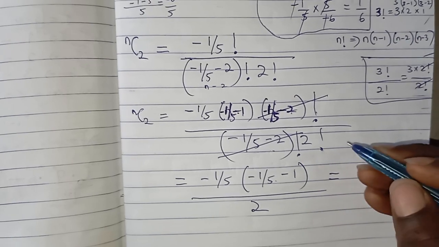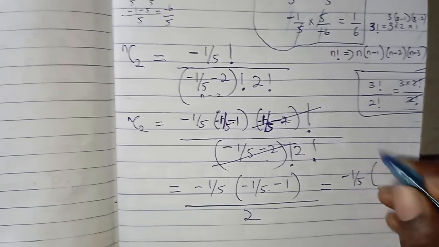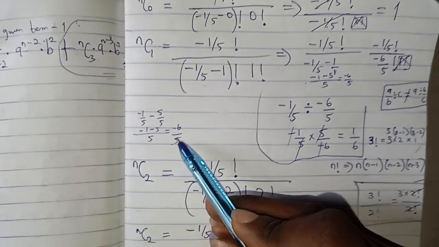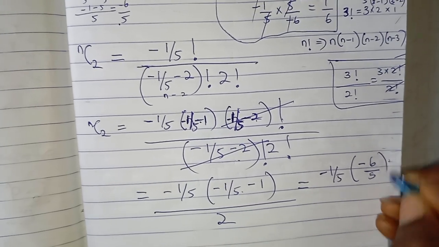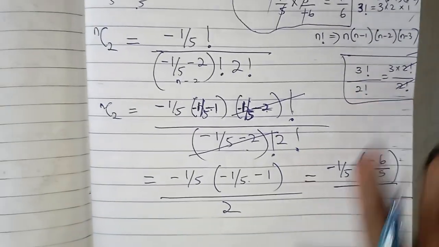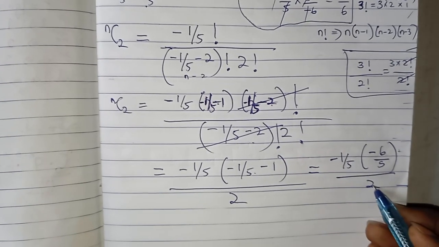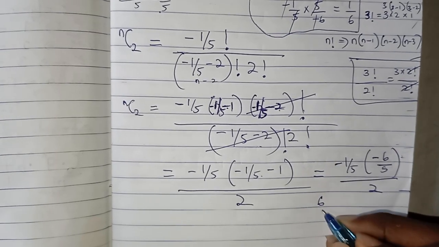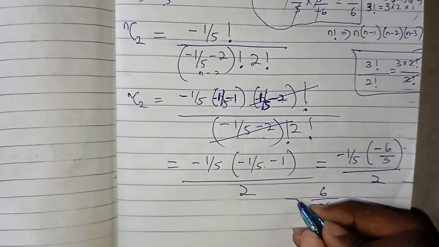And this gave us minus 1 over 5 into, when we did it here, it gave us minus 6 over 5. So this gave us minus 6 over 5 all over 2. So if I know this, I can see that this is a fraction up here being divided by a number. So this is going to be minus times minus becomes plus. So it's going to be 5 times 5 over 25. So 6 over 25, that is